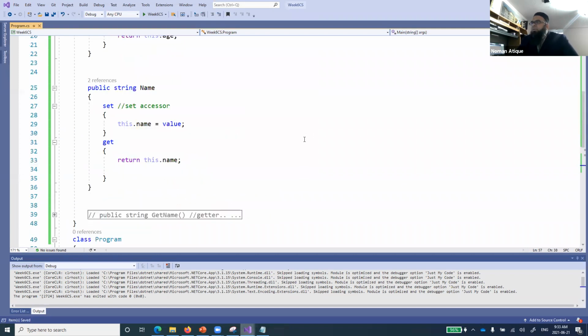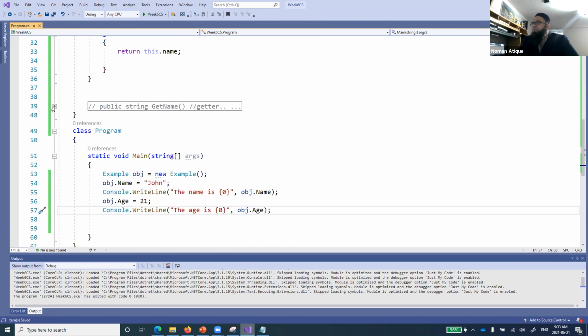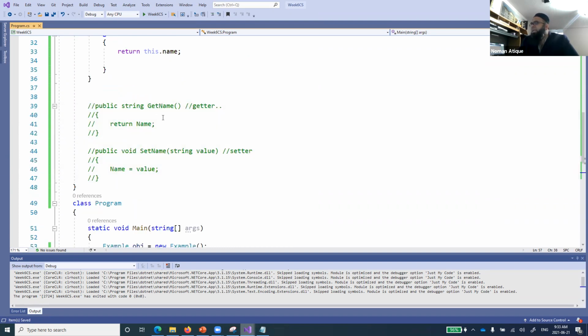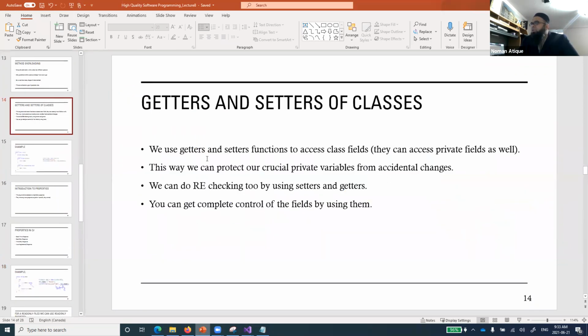So you see here what is happening. A property typically does what? A property is defined as a public reference, of course. Why? Because this will be accessed from outside of the world. Now, what has it saved for us? Before defining this property, we had to define the get method and the set method separately. And you remember in the beginning when we were discussing getters and setters, if I just go back a bit, I told you that they can be used for doing some regular expression checking or anything at all. You can always do that.